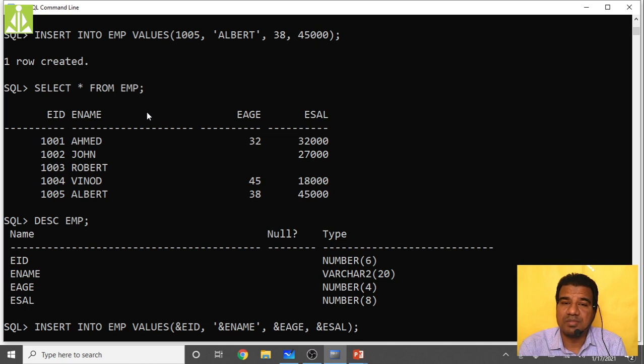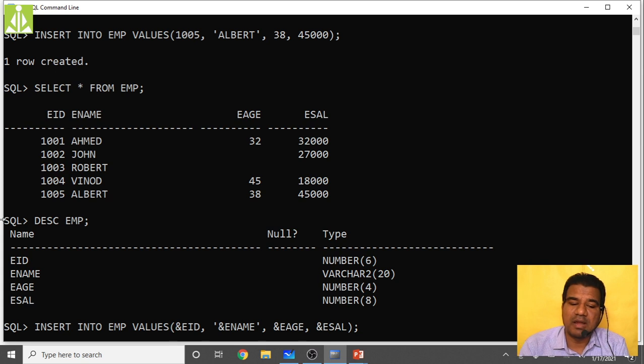Now you see, when I press the enter key, how the command line interface will respond. It is very, very important. Here we are doing multiple record entry without retyping the command again and again. In one shot I'm writing the command and I will do multiple record entries.